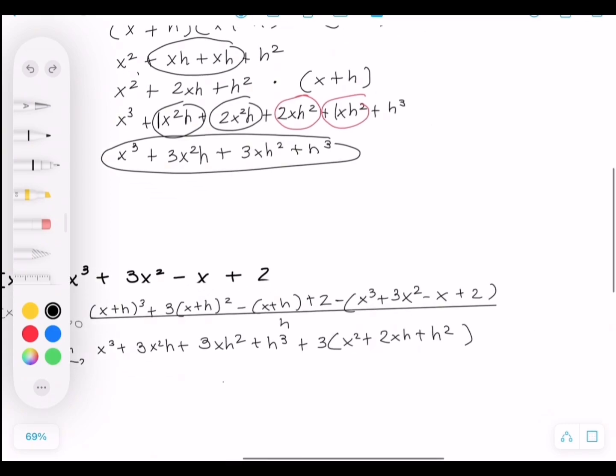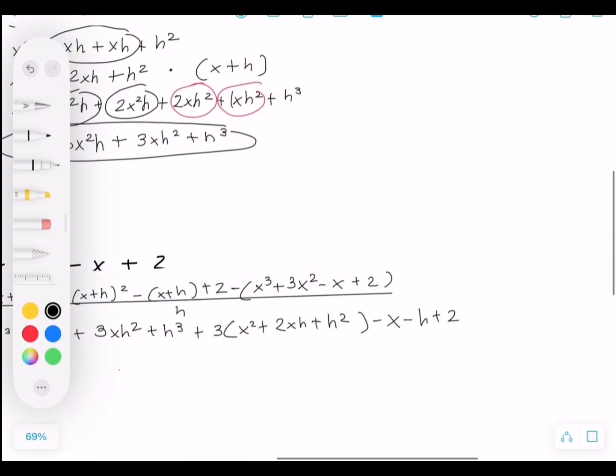Since we have a negative before parentheses, we will be distributing that to both x and h. So minus negative times positive x, you get negative x. Negative times positive h, you'll get negative h. And copy plus 2. Then again, we have a negative, so we have to distribute that to this